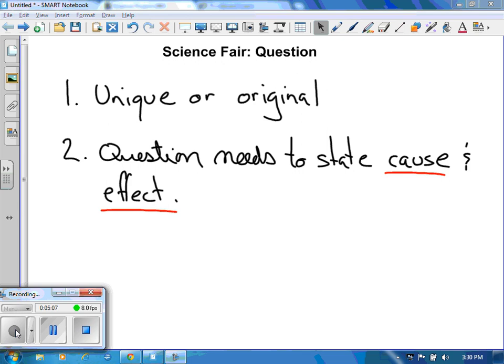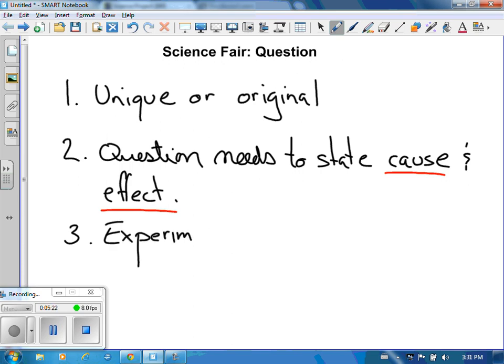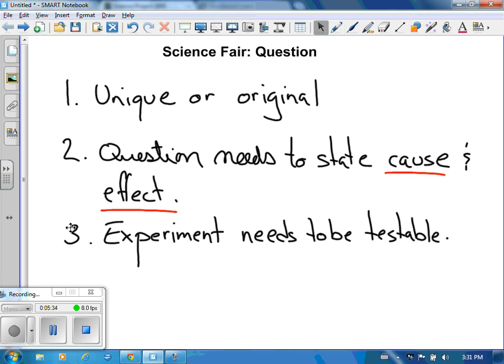The third thing you should be considering is that your experiment or the question needs to be testable. Going back to our curiosity, I can imagine that some of you are curious whether or not dolphins can swim on the surface of Neptune.